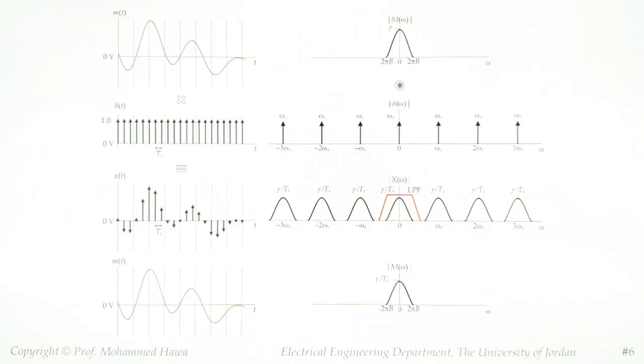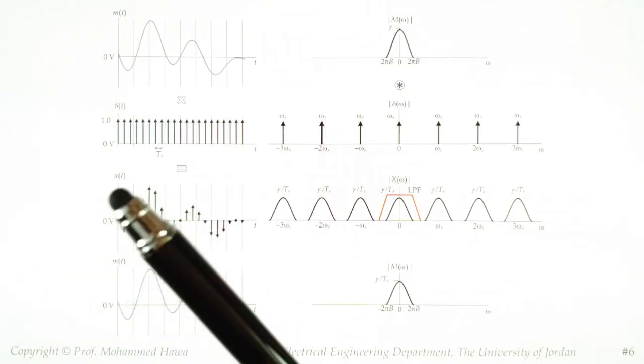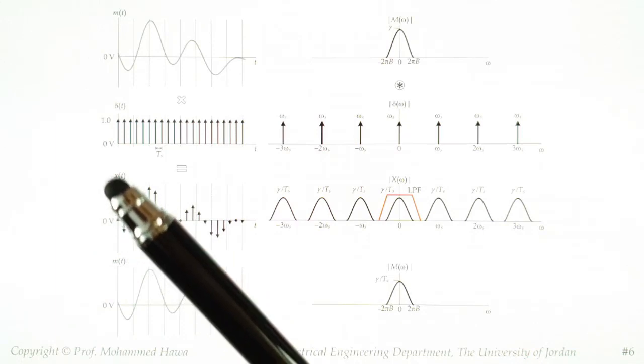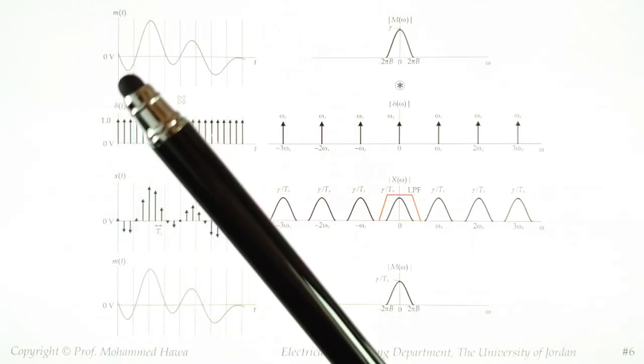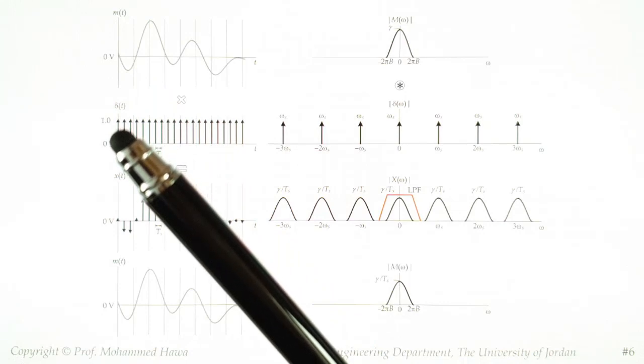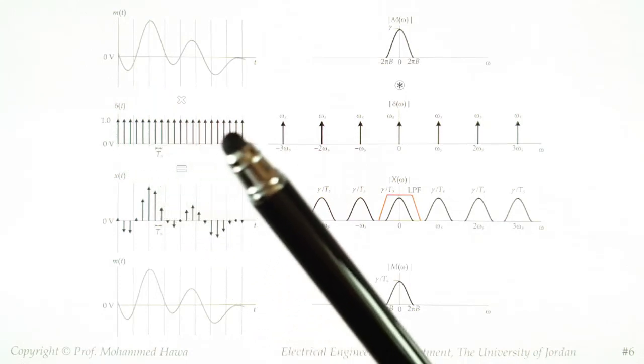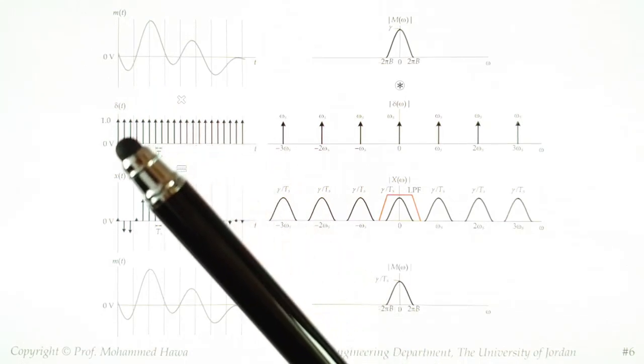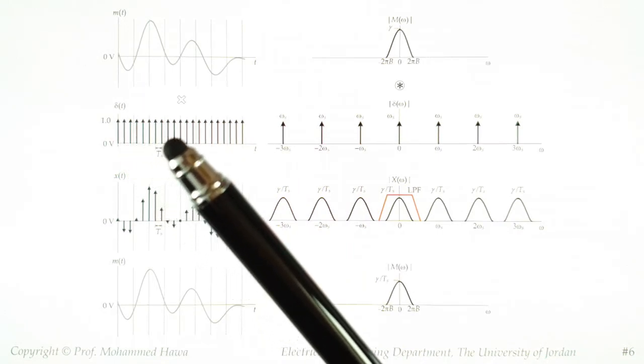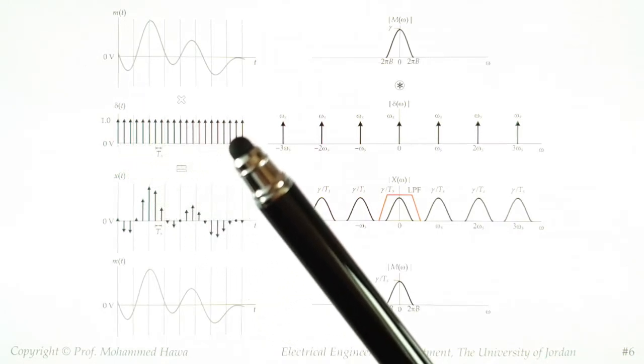So what is the Fourier transform of x of t, which is a sampled version of M of t? Well, it's easy to see that we can obtain x of t, the sampled version, by multiplying M of t by a repeated delta function, which is known as impulse train. Notice that each impulse here has an area of unity, and those impulses are